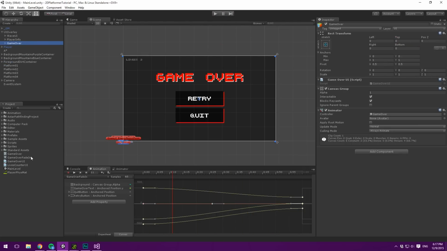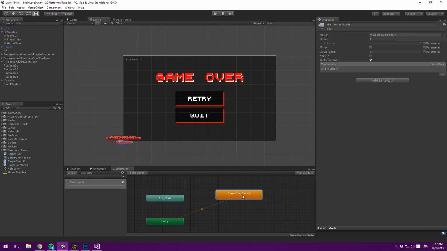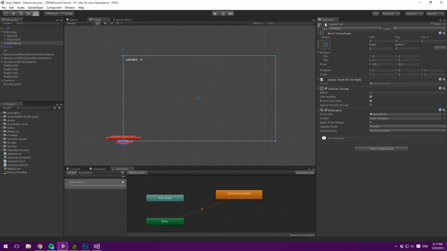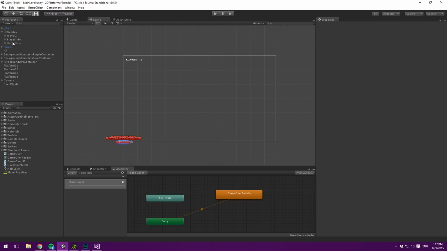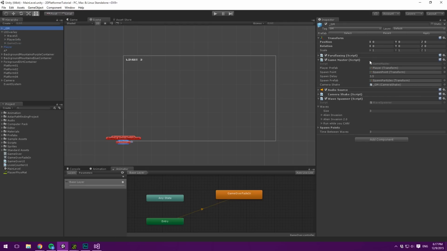So now we can go under our game over animator, and we can see kind of what triggers this. And I think that we'll just have this triggered using the enter point, meaning as soon as we enable this object. So we can simply disable it, and then as soon as we want the game to be over, we enable it through code. And a very, very simple way to do this is if we go into our game